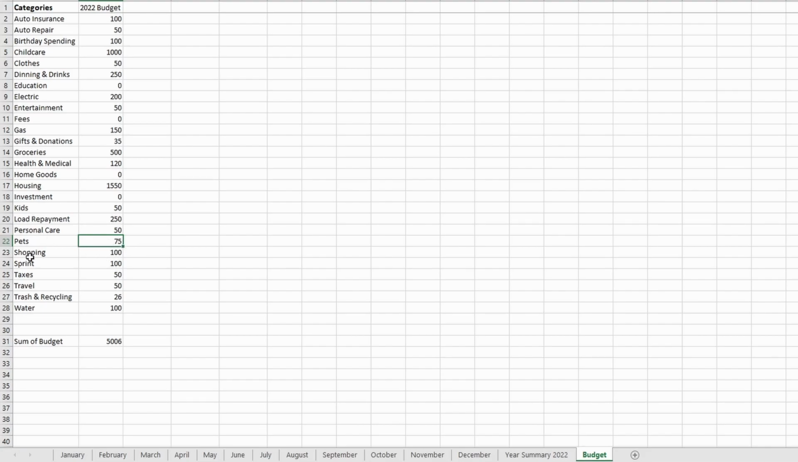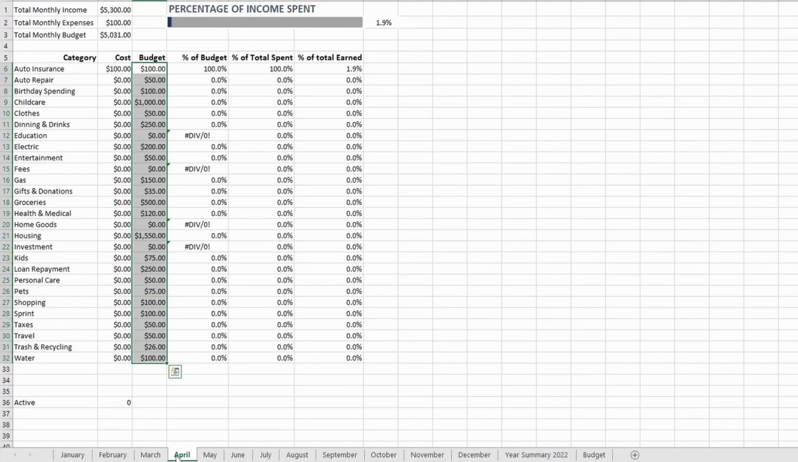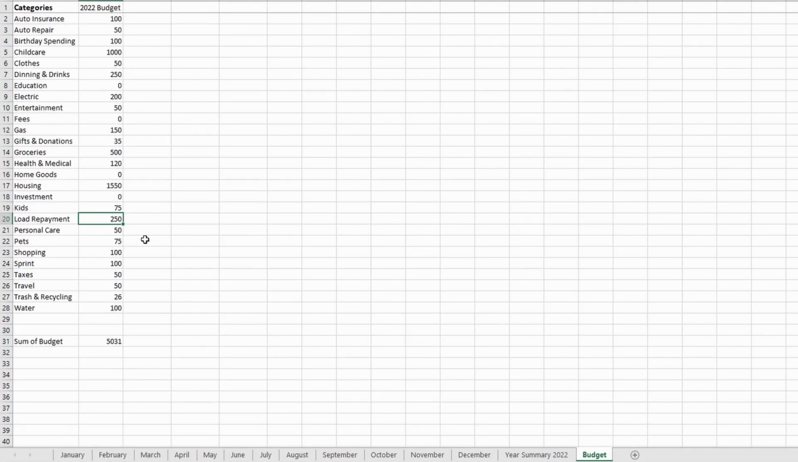So some of these categories, sometimes you'll overspend, sometimes you'll underspend. And we'll get into that. So that's our budget. If I update a value here, let's say I change 50 to 75 and I hit enter, and I go back to our month and we look at our budget for kid, it's now 75. So if I go back here and I update it back to 50,